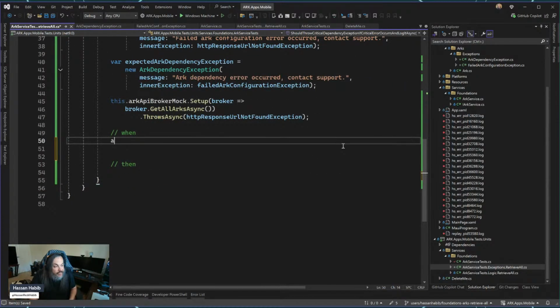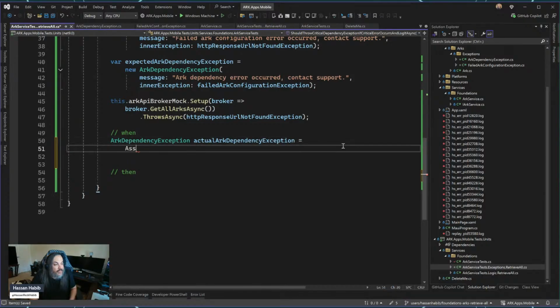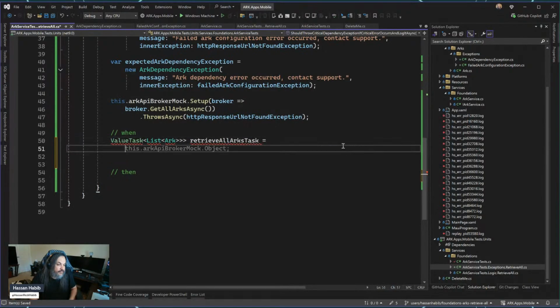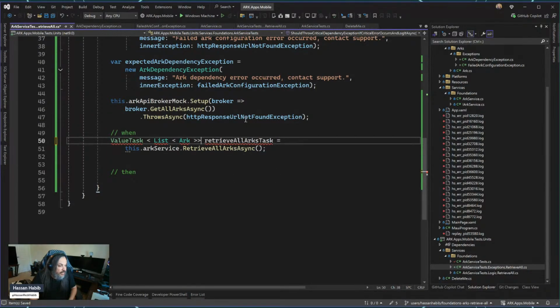So you have the ArkDependencyException. So actual ArkDependencyException, and then assert. Well, not yet. I have a ValueTask actually of a list of Ark. That's that guy. And then this is retrieveAllArksTask, and that's this guy. That's the service. this.service.RetrieveAllArksAsync, right? I'm pretty sure I missed or added an extra